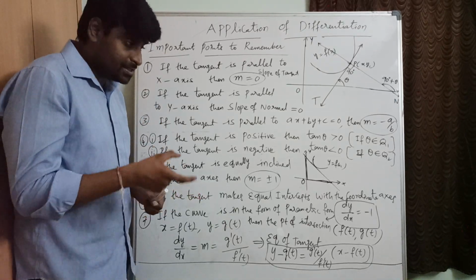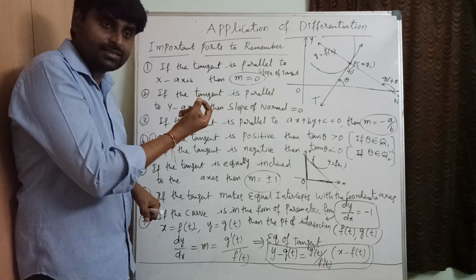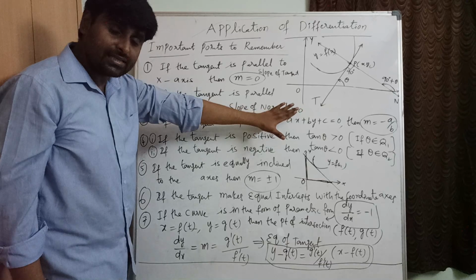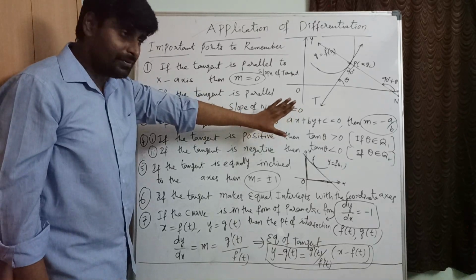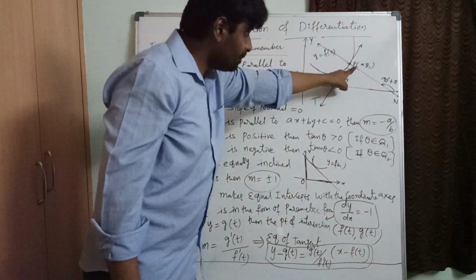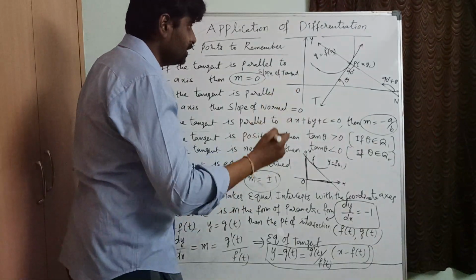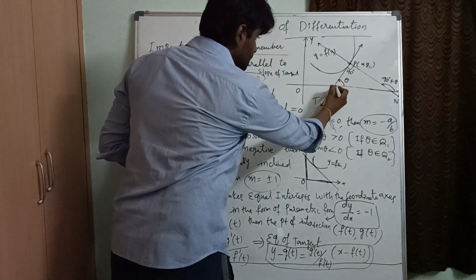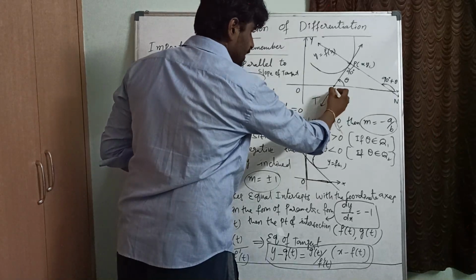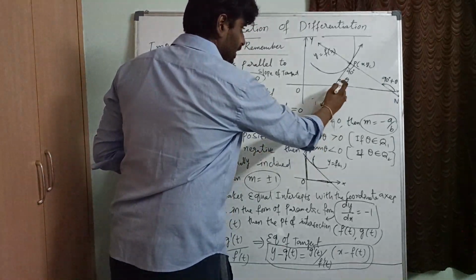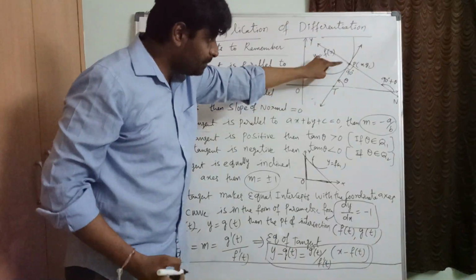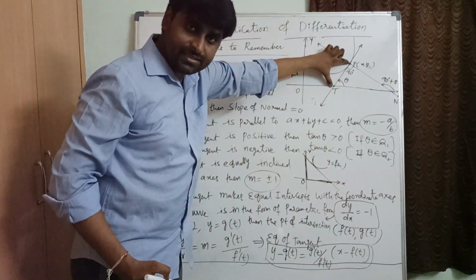Before that, first of all, what is the length of tangent? Which portion is the length of tangent? Which portion is the length of normal? That we'll see after this. See here, P is the point of contact, right? So now let us see this part. PT suppose, here let me take T. That PT or TP length is the length of tangent.